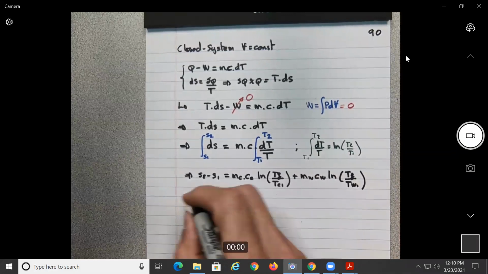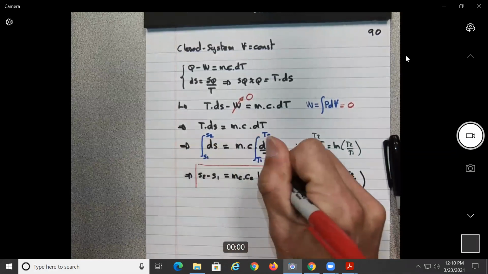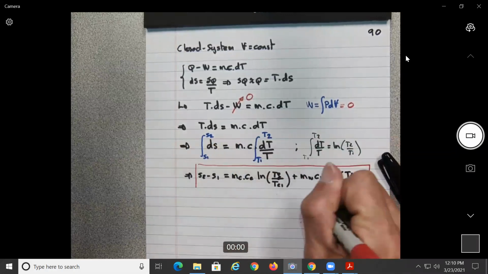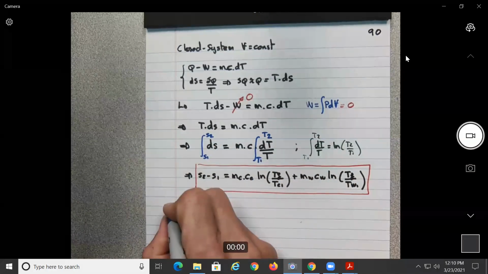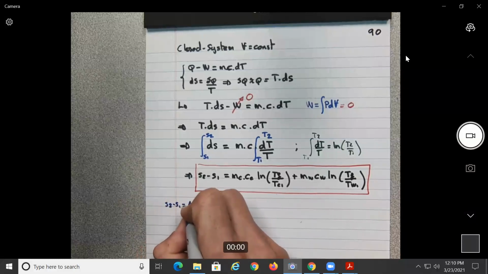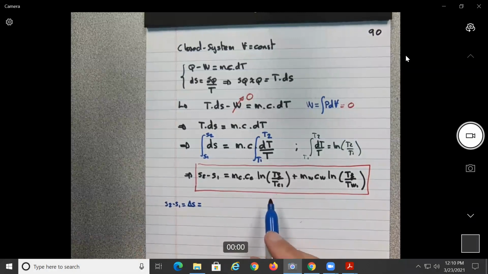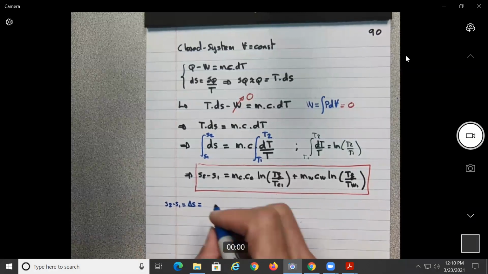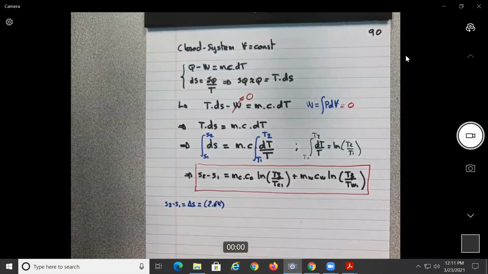All right, so if we do the numerical application, S sub 2 minus S sub 1, let's say the delta S, will be equal to what? So M sub C was equal to what? 2.64